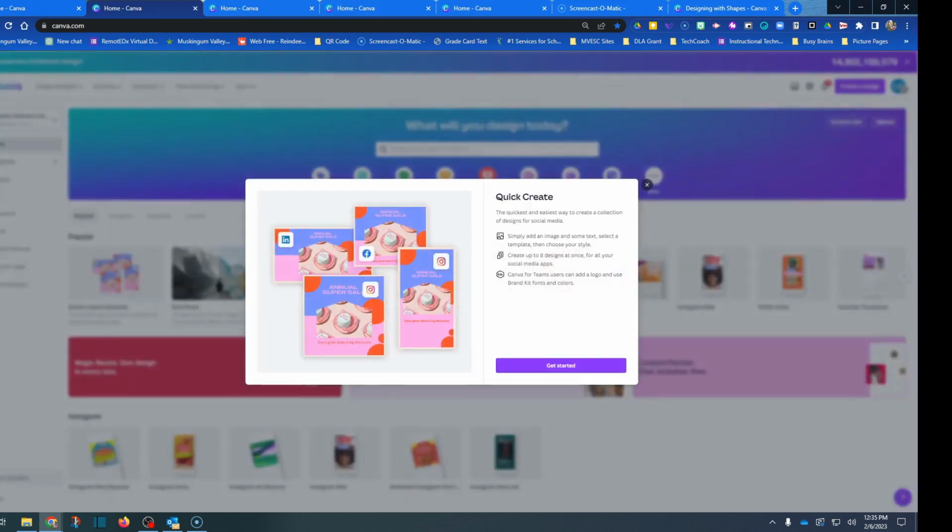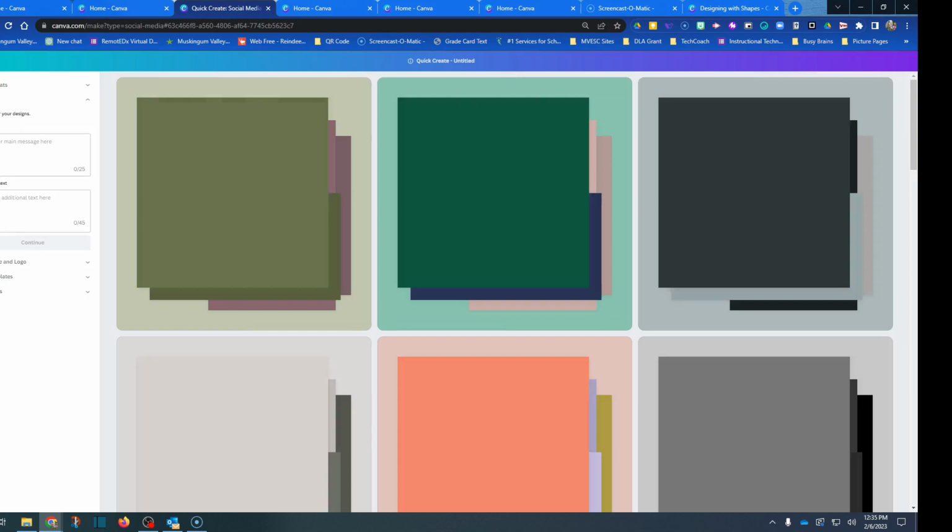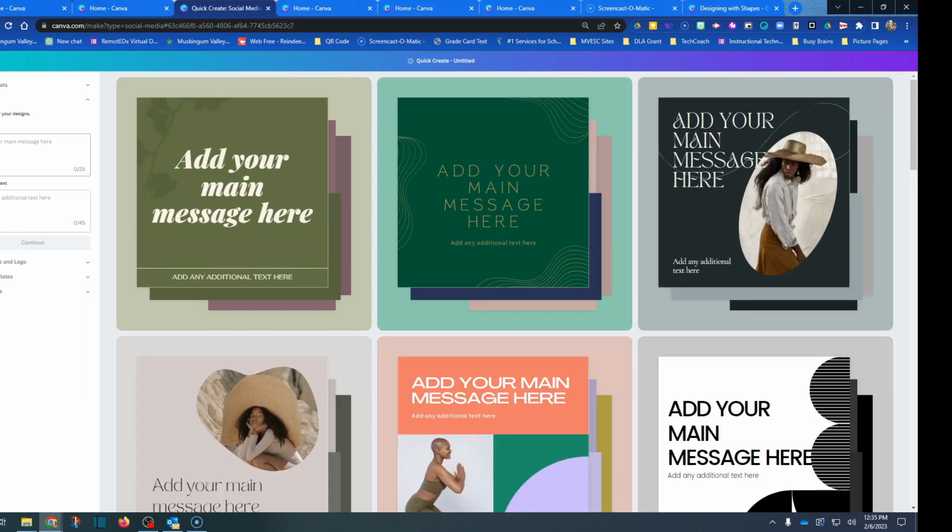You select it, and then you can choose which platforms you are creating for. So I'm going to do an Instagram post with this information. I want it to be a Facebook post, maybe a Twitter post, and even a Pinterest pin. So I can choose which ones. Then I'm going to hit continue. And then I'm going to start adding my information.